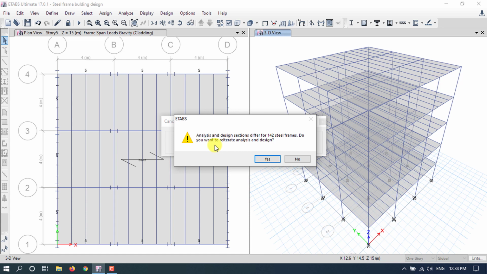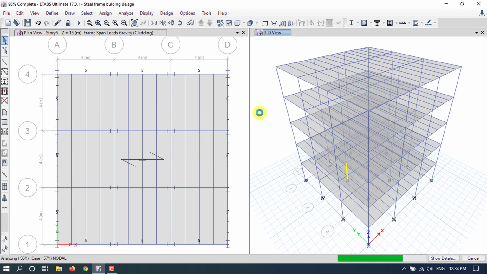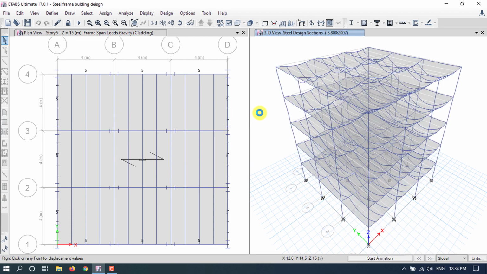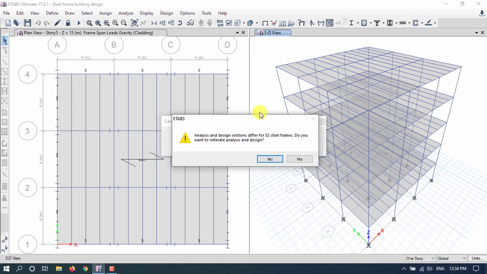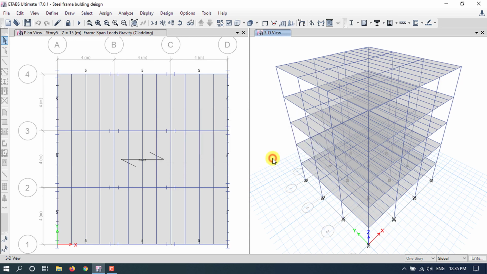So do you want to reiterate the analysis and the design? Click on yes. Okay, here analysis and design section differ for 52 steel frames. Here let's reiterate the analysis and design to match the analysis and design section. Click on yes.